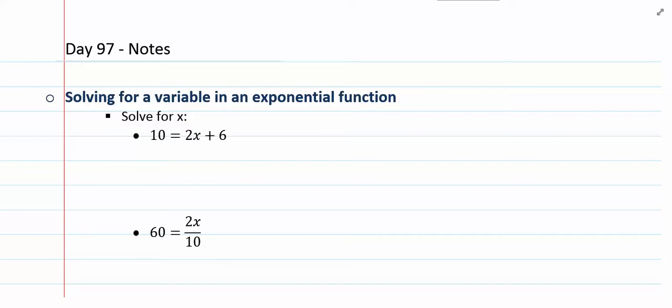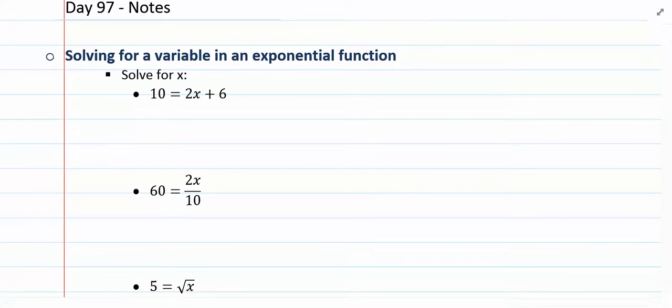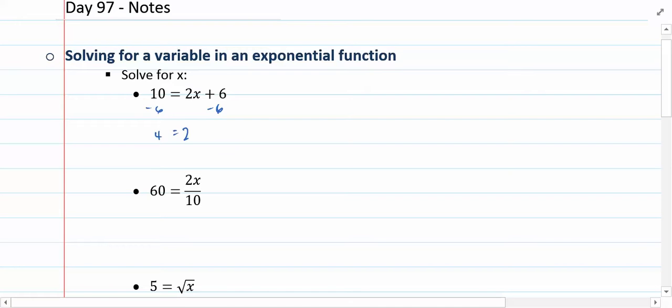Day 97 notes, pre-calculus. Let's start off today by doing some warm-up exercises, and we'll practice first by solving for x in the following equations. We have 10 equals 2x plus 6, so you should recognize that we'll subtract 6 from both sides. 4 would equal 2x, then we could divide both sides of the equation by 2 and find that x itself